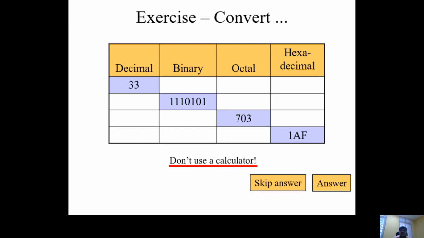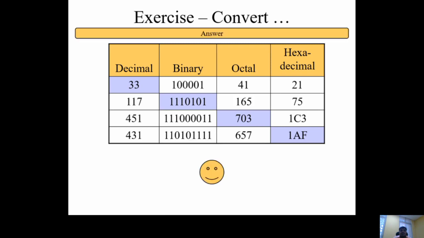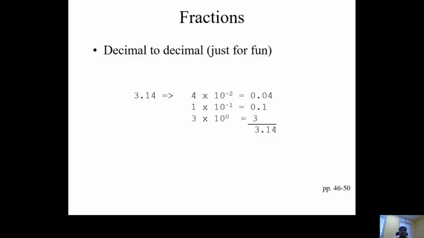Now see this table and convert on your own from decimal to binary, octal, hexadecimal, binary to octal, decimal and hexadecimal, octal to decimal, binary and hexadecimal, hexadecimal to decimal, binary and octal. So these are the answers. You try on your own, and if any doubt, then you can ask me in the next lecture.